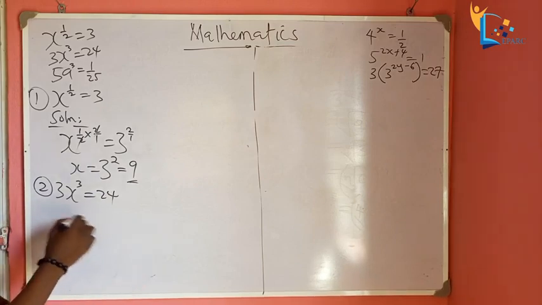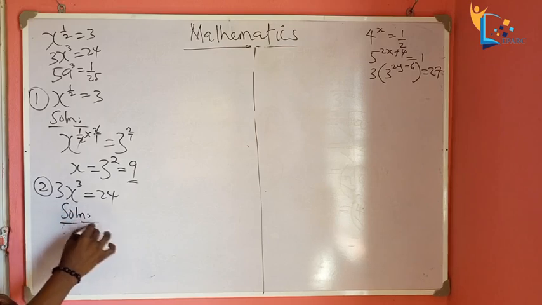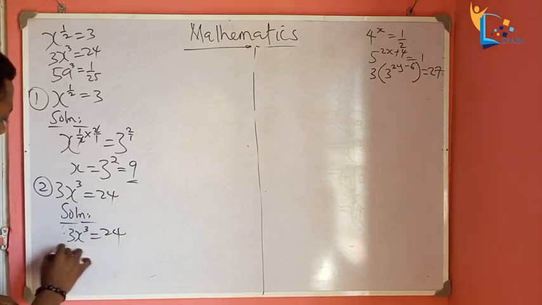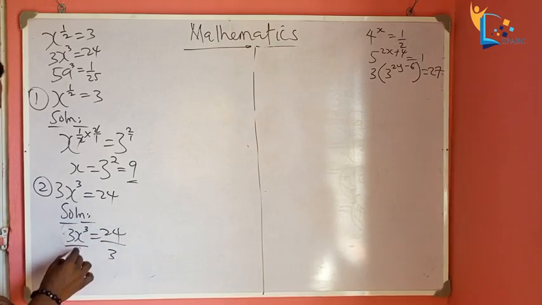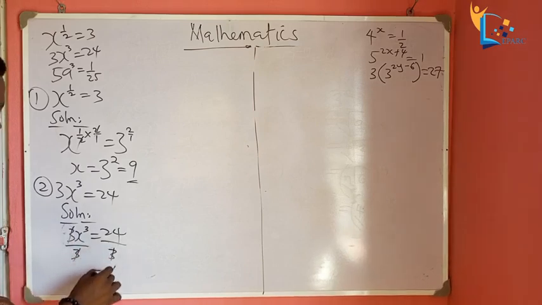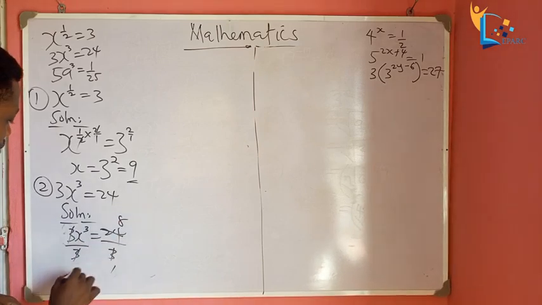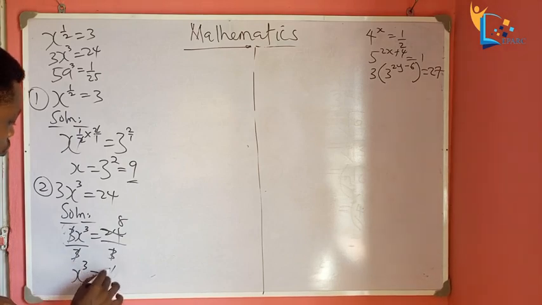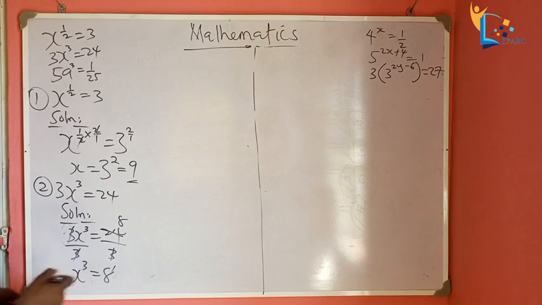So let's divide both sides by 3. So we have 3x raised to the power of 3 equal to 24. Divide by 3, divide by 3. 3 will cancel 3. 3 here 1, 3 here 8. So x raised to the power of 3 equal to 8. Okay? So now this